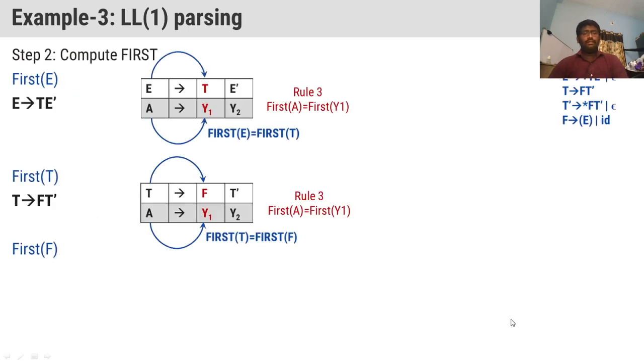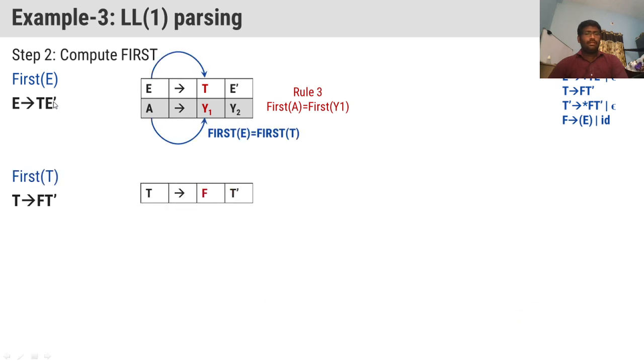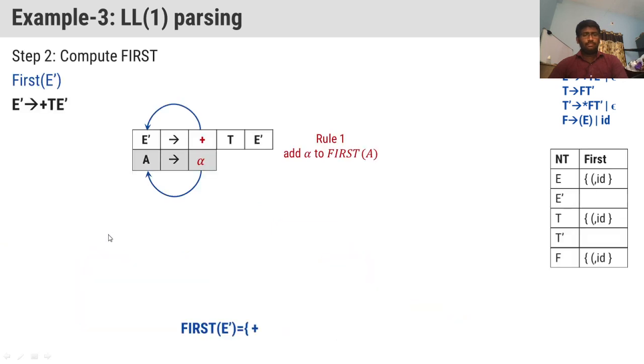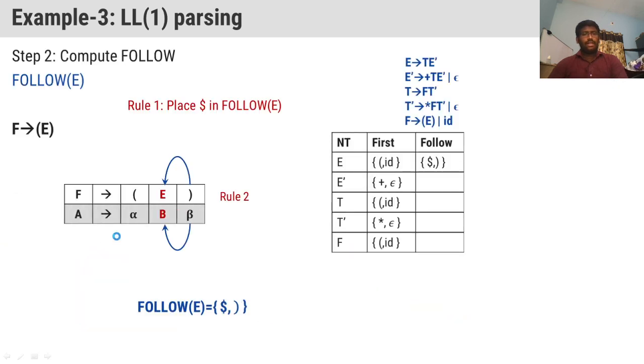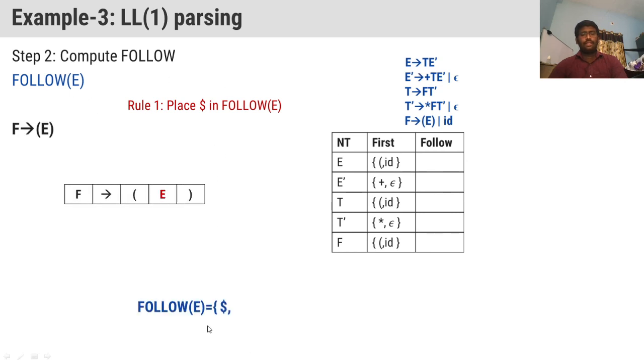So you find out here for T dash, we are now looking at the follow sets of this particular grammar. For E, since E is the starting symbol, we have already found follow of E equal to dollar, and E is also present on the right hand side, so follow of E also includes right parenthesis. We have taken dollar comma right parenthesis. Follow of E is over.